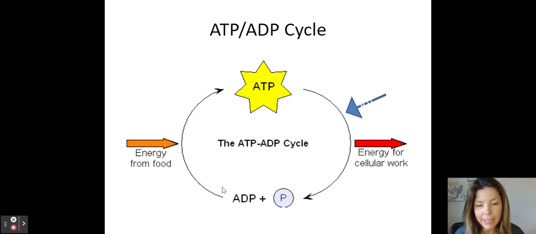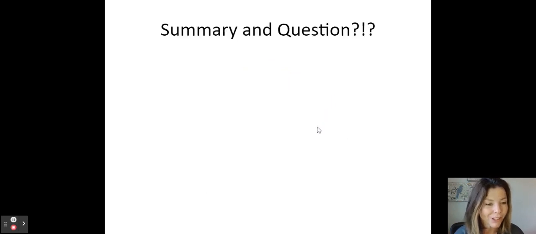The ADP will free float within the body, and as food comes in and we need to store it for cellular work, we create more ATP. As the body demands energy for use, we will then turn it back into ADP. So that covers our explanation of